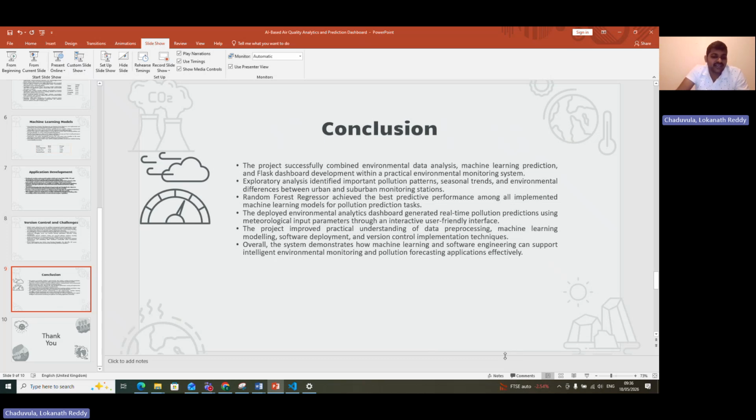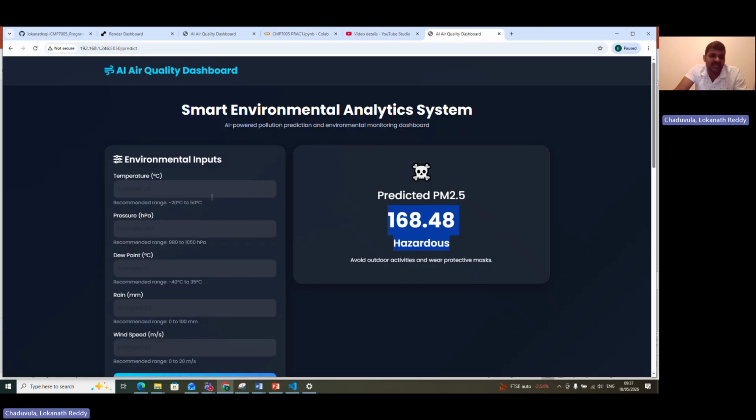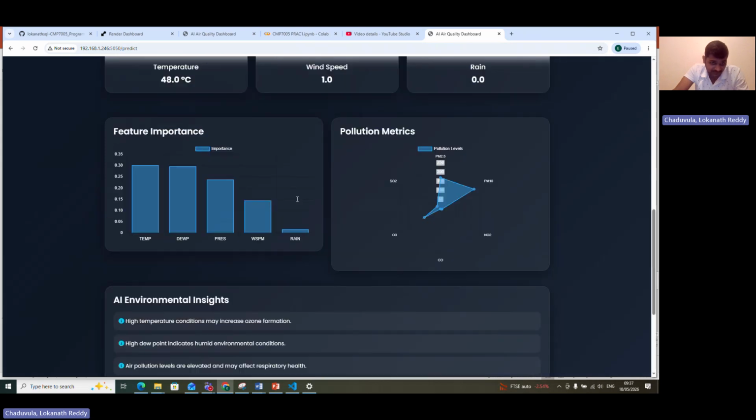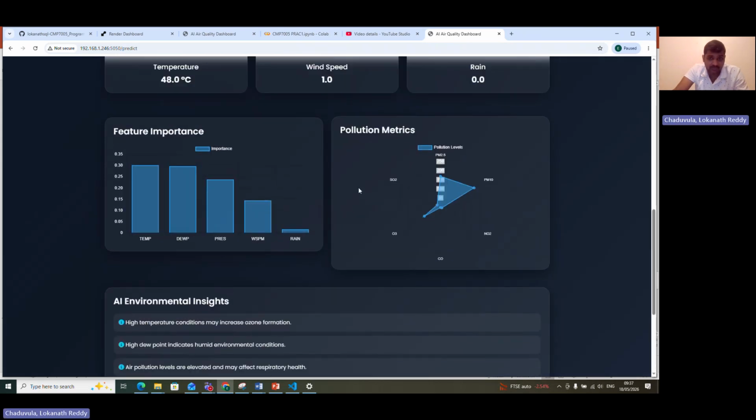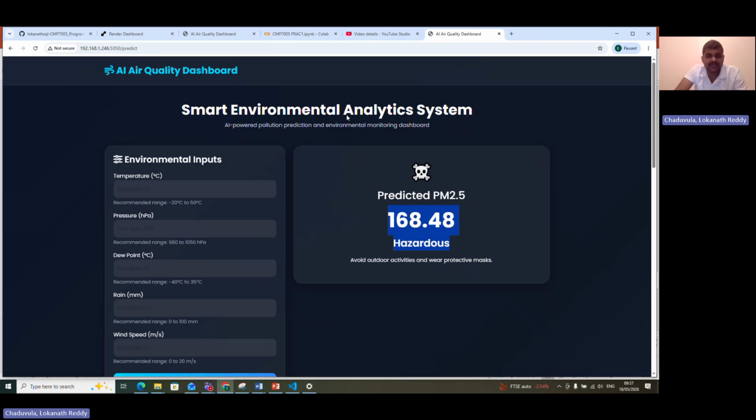You can see my application is a user-friendly environment. We can see the bar plots and all as well, and we can predict PM2.5, PM10, and NO2, CO2, and O3. Okay, and finally, my conclusion is,